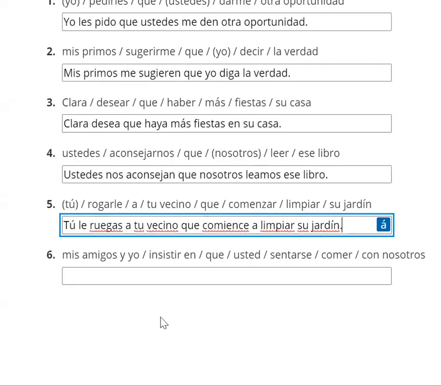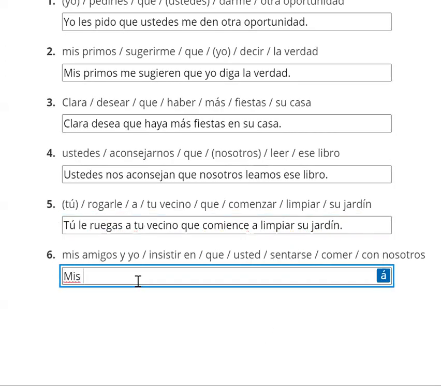And last one. Mis amigos y yo. Anything with y yo is essentially just saying nosotros, my friends and I. That's just like saying we. In español, mis amigos y yo es como decir nosotros. Insistimos,